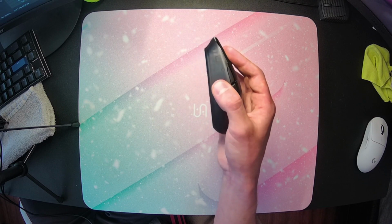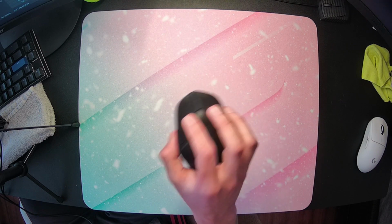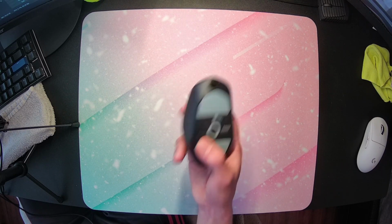You can either come in from the bottom, approach it from up top in a more tilted style like I normally do, or even flatten out your thumb. Just like a lot of other things on this mouse, it feels extremely balanced and very well designed. Now, even though the right side curvature is identical to the left, it still works equally as well to facilitate